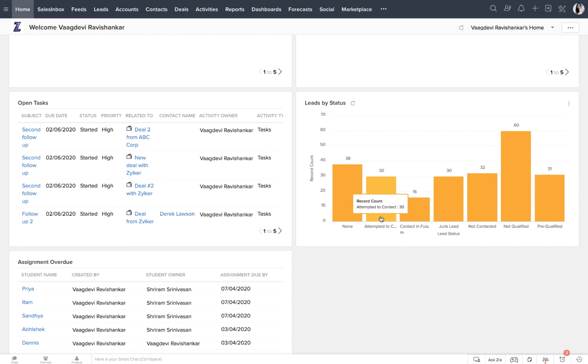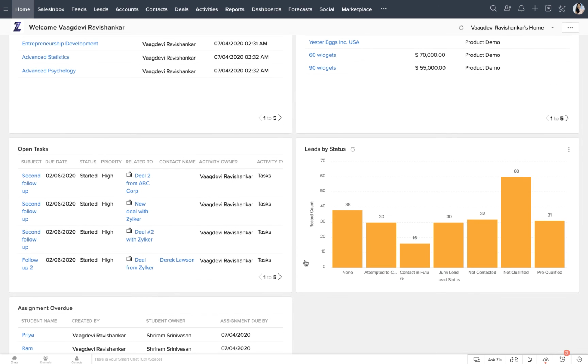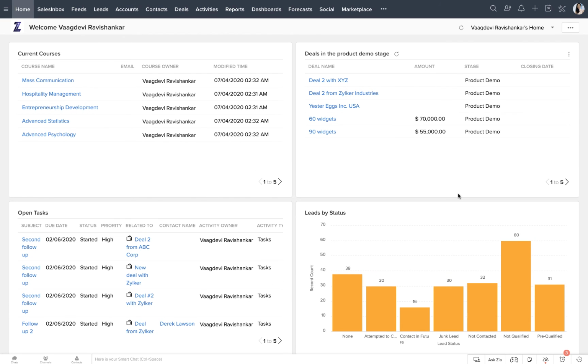So there are 30 leads in the attempted to contact stage. There are about 30 junk leads. There are 32 leads that are not contacted yet. So this is a quick snapshot of my leads organized by their status, right? So like this, you can customize this view by adding components that are important to you from different parts of your CRM account. It could be either deals or leads, or your activities and so on.